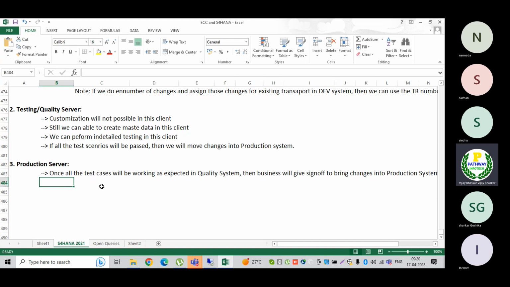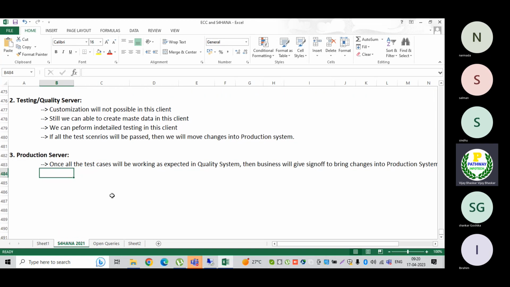Now, as a consultant, remember the following things need to be kept in mind. These points will be applicable irrespective of the modules.